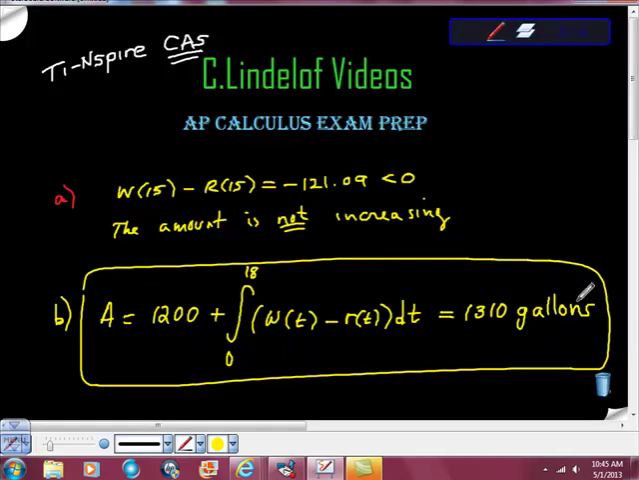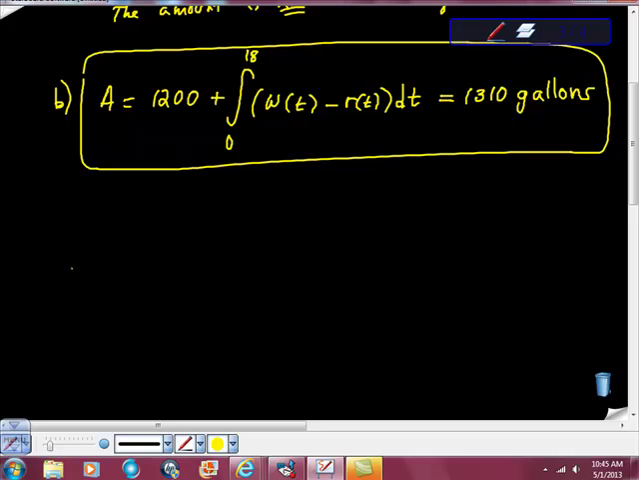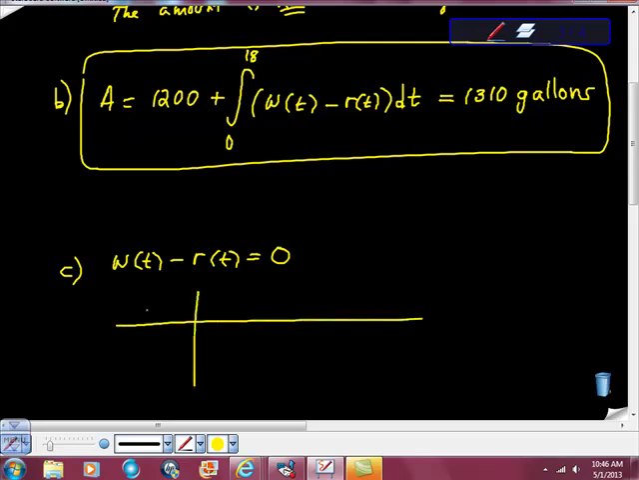In my notation, for C, I'm going to write C that when is W of t minus R of t equal to 0. Remember, these are rates, so we want to know when is this rate minus this rate 0? When are the rates equal to one another? That sounds simple enough, and it is. I'm going to create this little table here, and I'm going to put t here, and here I'm going to put in